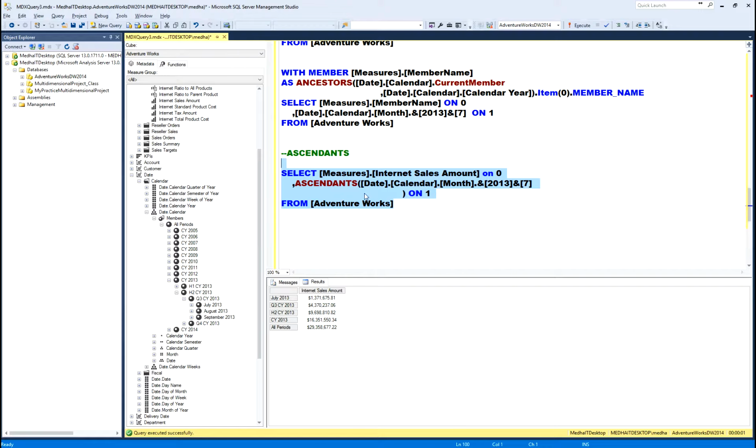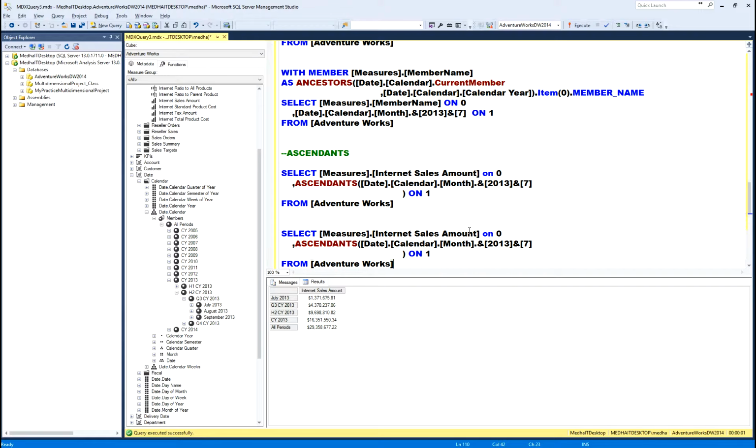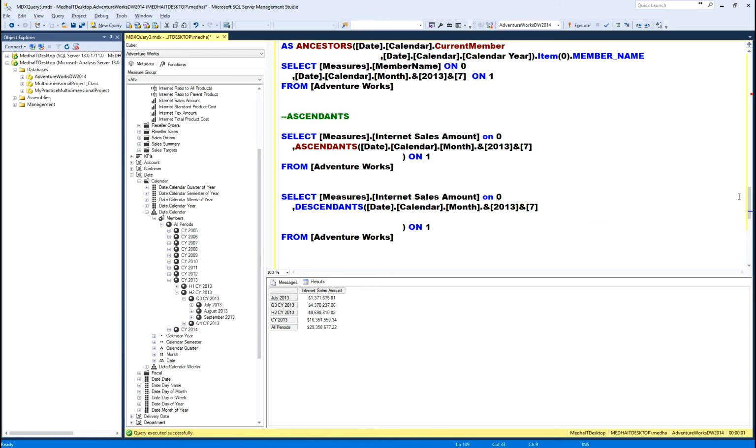Whereas in case of descendants, you can specify till what level you can go. For example, if I want to go till calendar year level,